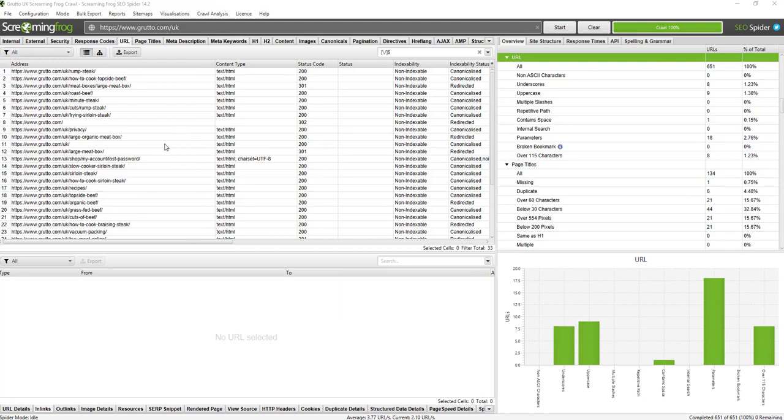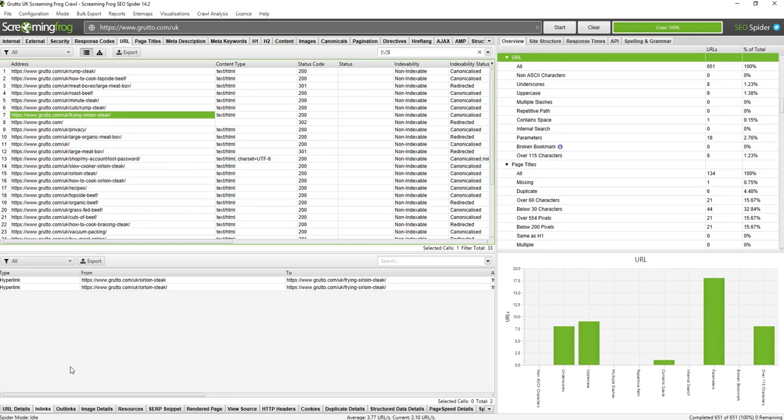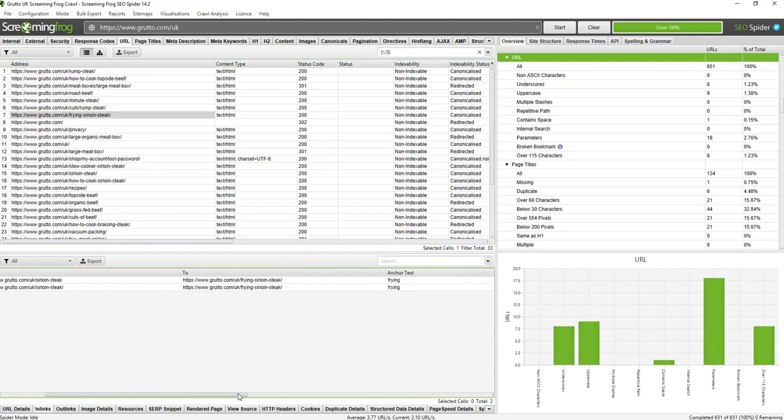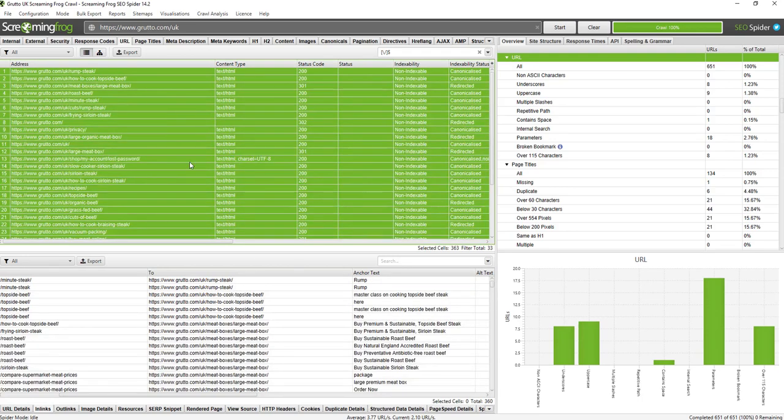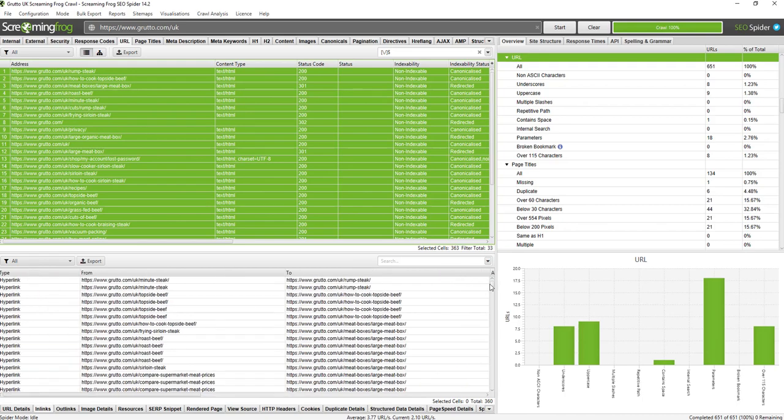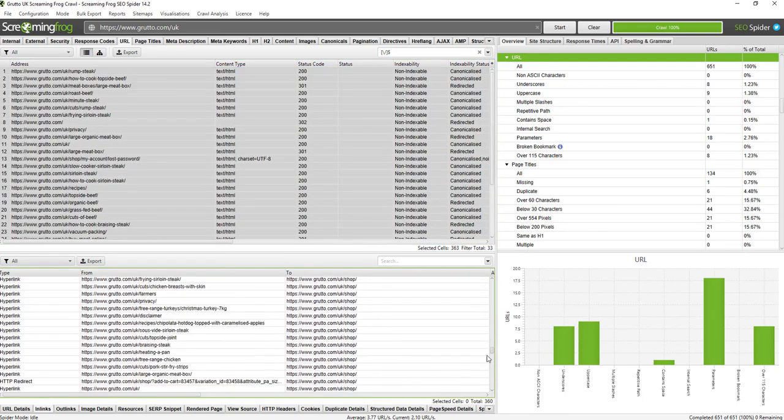Okay, so we're back inside Screaming Frog, and as we saw before, if we click on any of these and we go down here and look at the inlinks, we can see what pages are linking to it. So we're linking from sirloin steak to this page over here with the anchor text frying. Now what we can also do is click anywhere and then go Control A, and it will highlight everything over here, and what it will then do is show us the inlinks for every single page all at once,